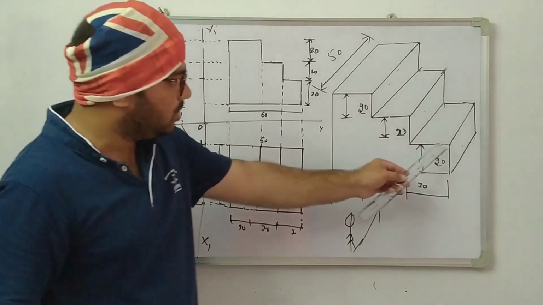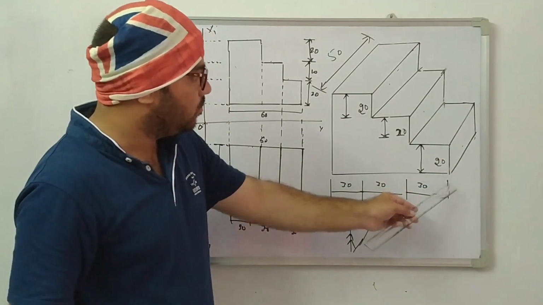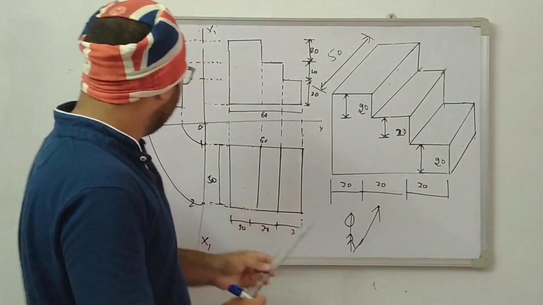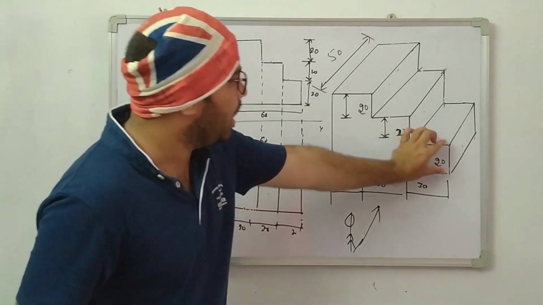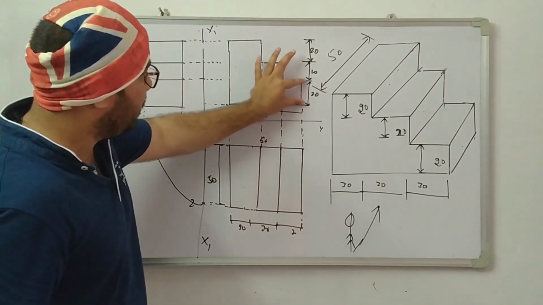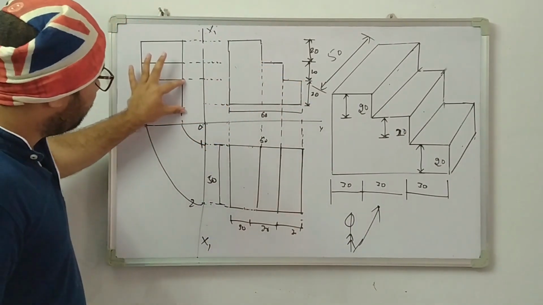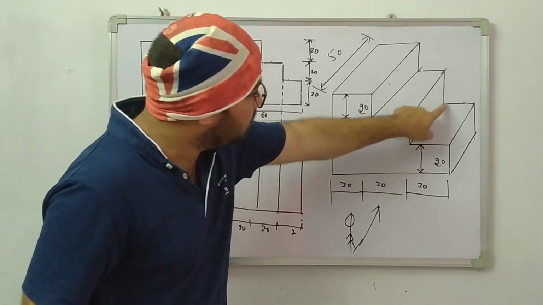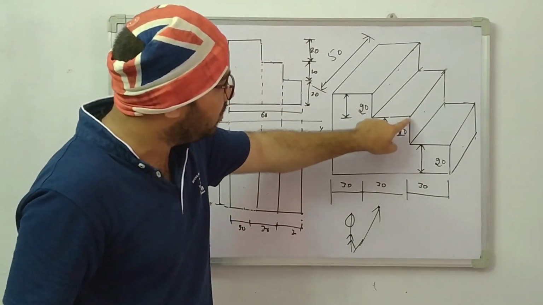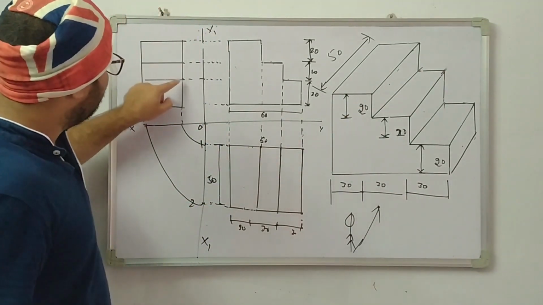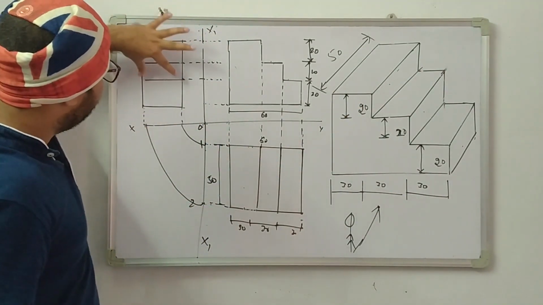Now you are watching this box. What is this box? This length is 50. This length is 50 and height is how much? 20. See here the 20 is there. The 20, whatever the horizontal line is there, I projected here. So it is a 20. Similarly again this is the box. This height is 20 and the width is 50. So same, 20 height and 50 width.